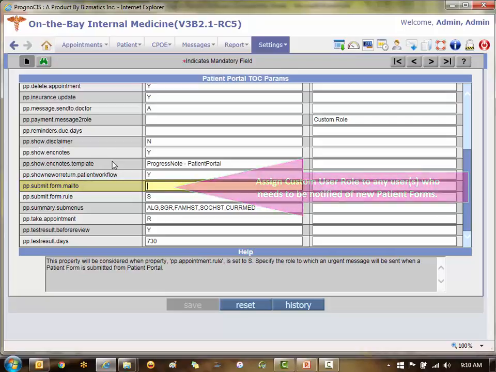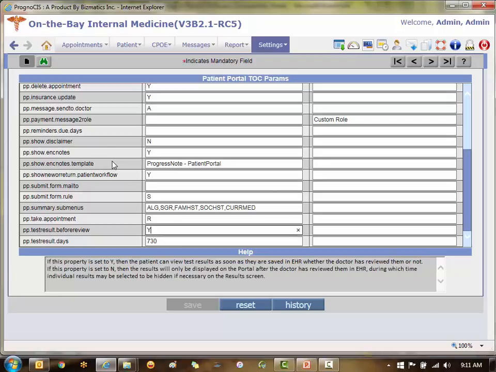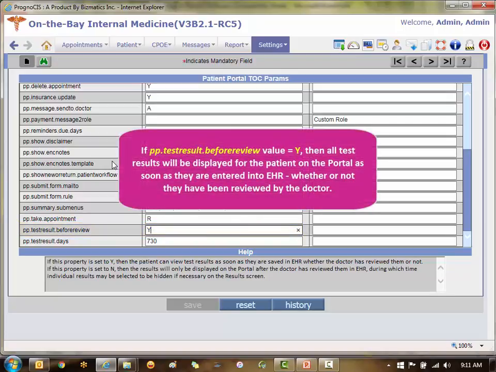They're notified that the paperwork has been submitted, and then they can start their task prior to the arrival. Now, these last two properties are with regards to lab and radiology test results. The test result dot before review is a yes or no property. If it is set to yes, then this means that the patient will be able to view their test results on the portal as soon as they are entered in the EHR, regardless of if the doctor has reviewed them